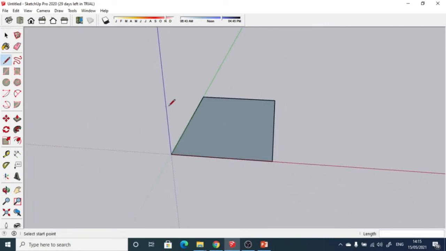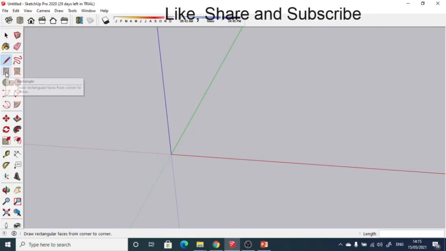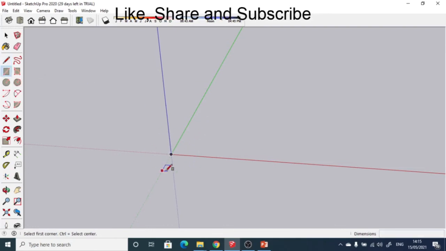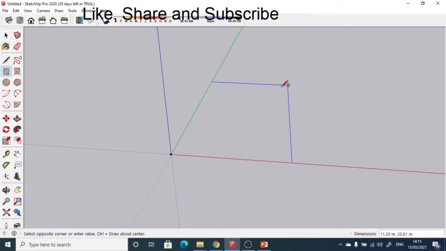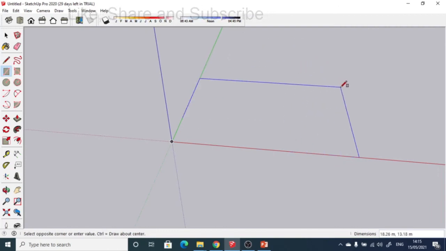Now we're going to learn the rectangle command. Basically, what we have taken, by considering the line, is 4 lines that we are drawing and making one rectangle. Similarly, if I take the rectangle command, from the first point we have to select the corner of the rectangle, and we can give the upper left corner of this rectangle. So let's say I am giving the length of this rectangle as 15 meter, comma 10 meter will be the width of this rectangle.